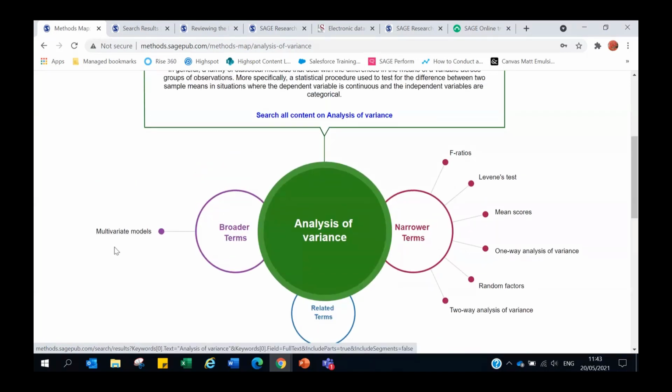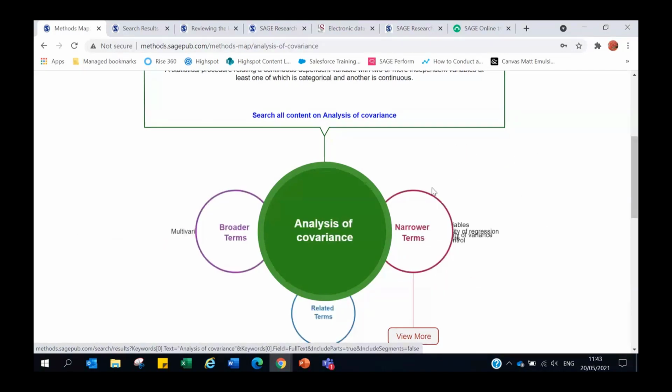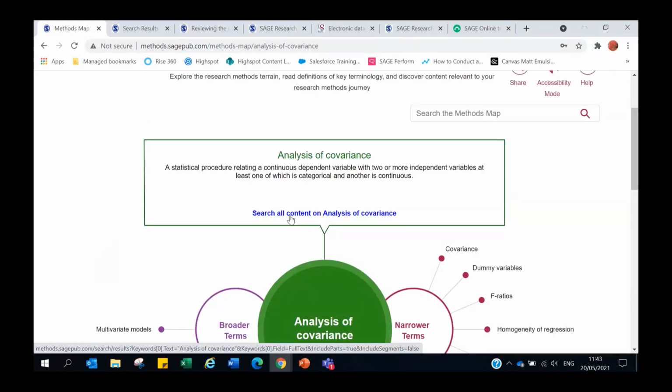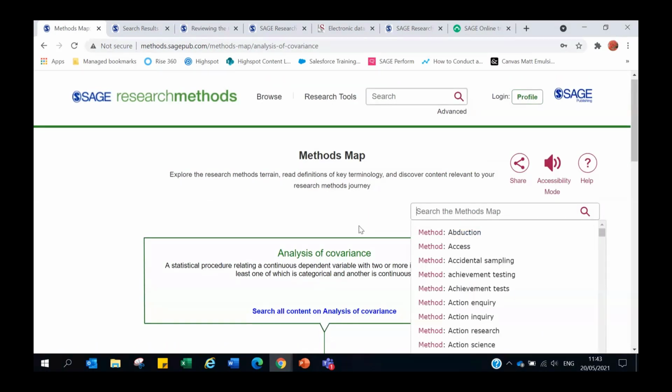And if you're like, I don't even know what a multivariate model is, well, we can come back a step and then we can see it is indeed a type of quantitative data analysis. So then we can come back to what our supervisor recommended, and we could go and search for content on that particular topic. So it's really helpful if you hear or read of a concept and maybe you're not quite understanding what it is, come and type it into the methods map search and see if that helps you understand